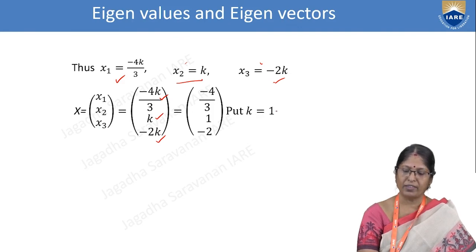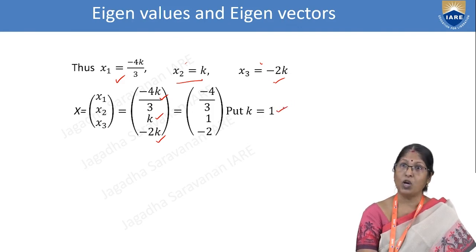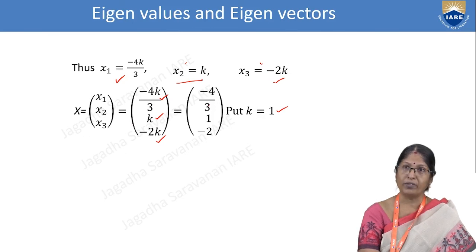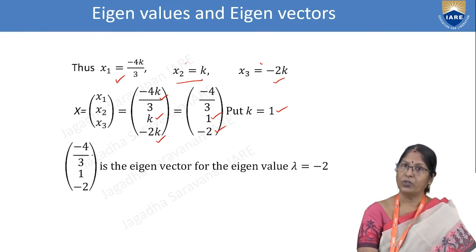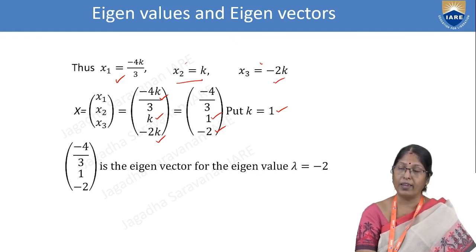We take the constant value k as 1. Minus 4 by 3, k is 1, minus 2 into 1 is minus 2. So the vector (minus 4 by 3, 1, minus 2) is the eigenvector